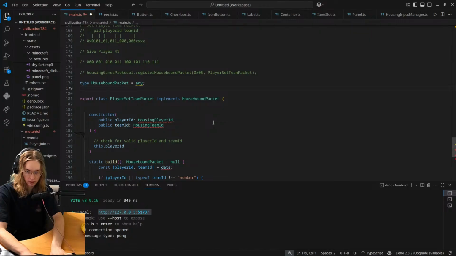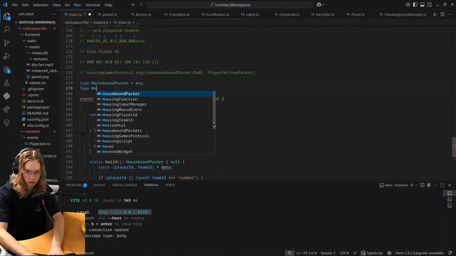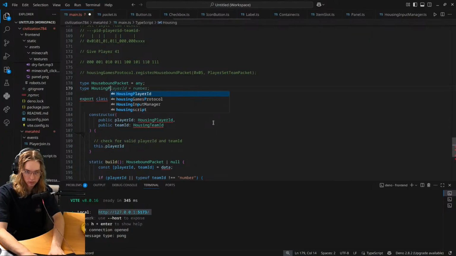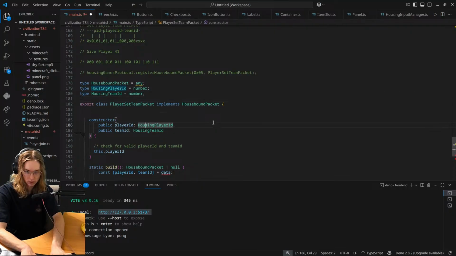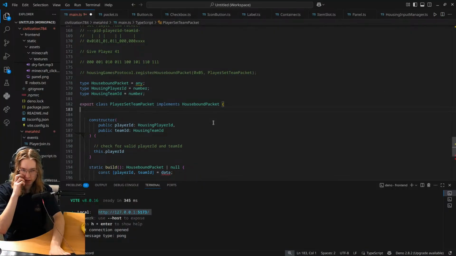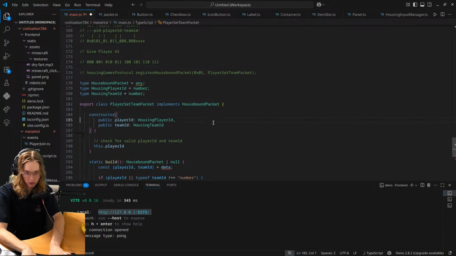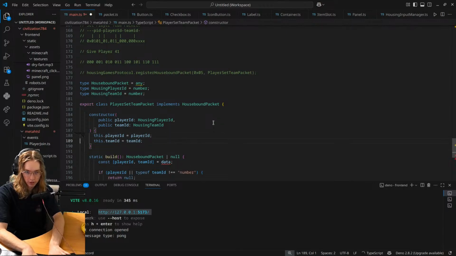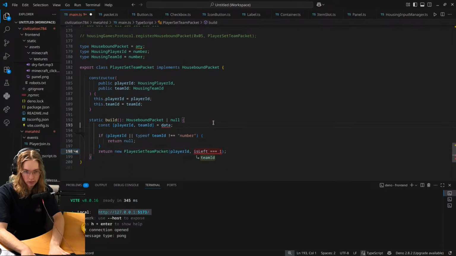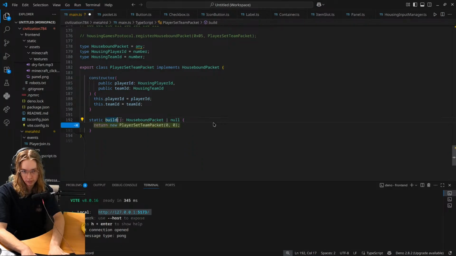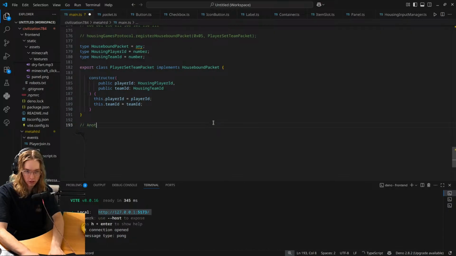I'm just gonna set these to N. These will just be basic numbers. We could add Zod checking as well in here, or somewhere. Set the player and team ID. And I don't know here if we would have a send or a way to send it. We have another class somewhere to send the packet